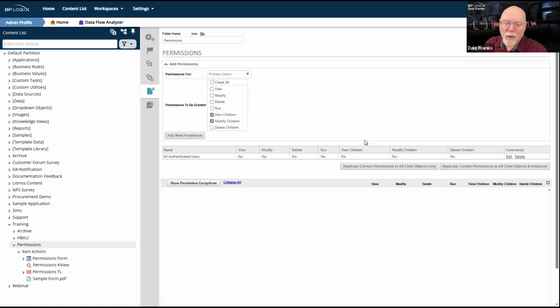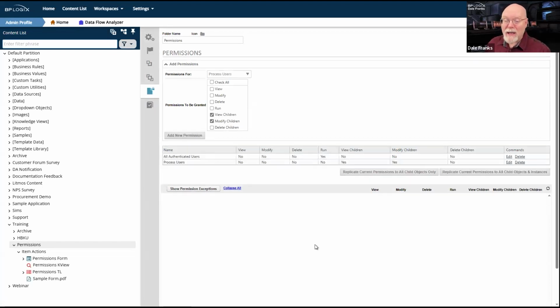And therefore, they need to be able to view those objects, the form instances, so that they can participate in the process. And they probably need to modify children, which would enable them to edit or change the data that exists on a form instance. So I'm probably going to need to give them modify children properties as well. If we're talking about the default properties, I think that's all I need to give them.